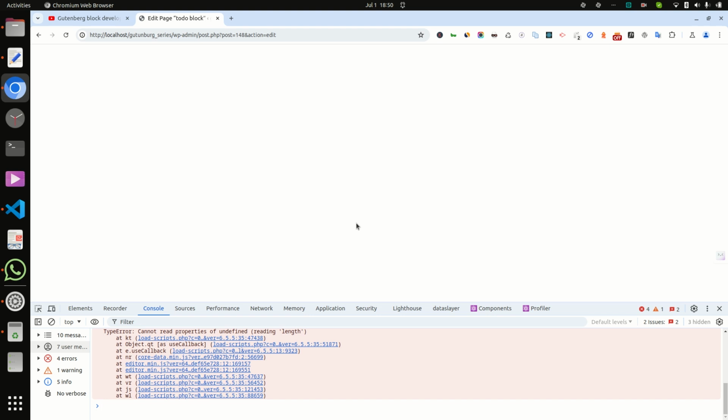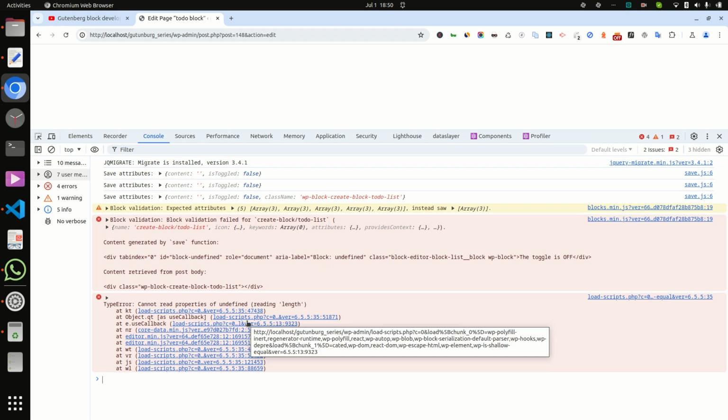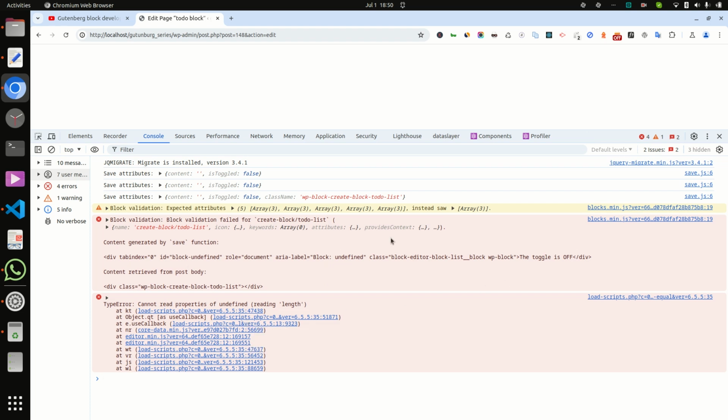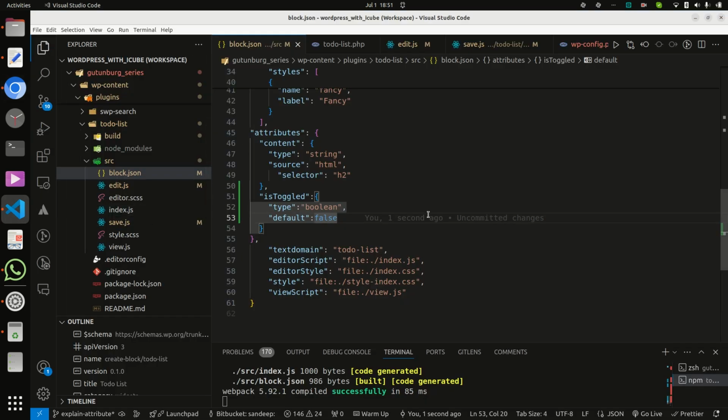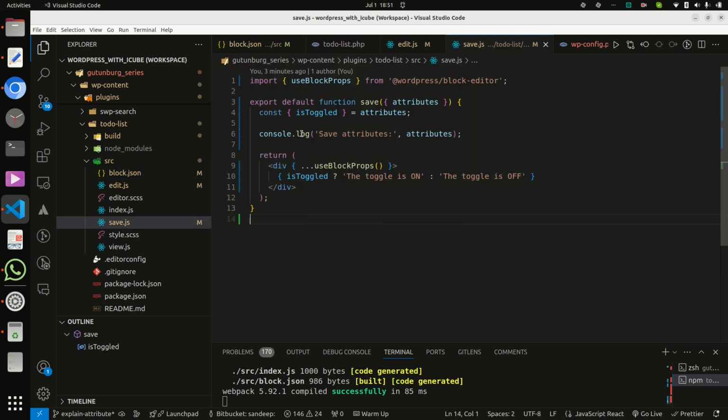In this case, the first thing I have to check is what is going on: go to the console and check what issue is coming up. Debug logging is also very important. Like, I added console.log for the attribute here.